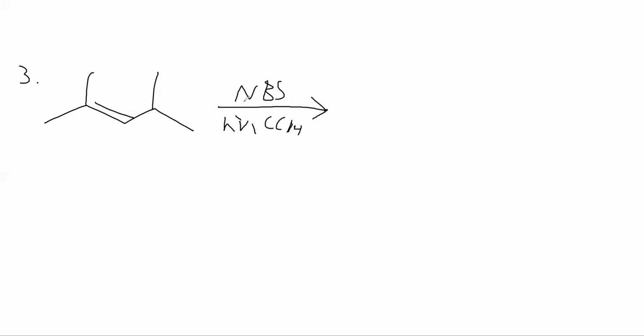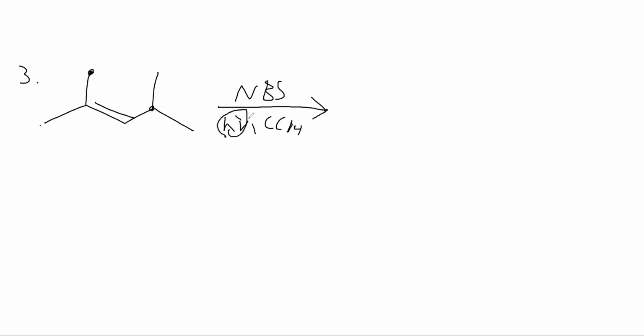So allylic is referring to the position next to the double bond. So we have an alkene here. So this position is allylic, and this position is allylic. This is also allylic, but it's the same as that other methyl group, so I'm not gonna worry about that. It's just a lot of extra work. So again,